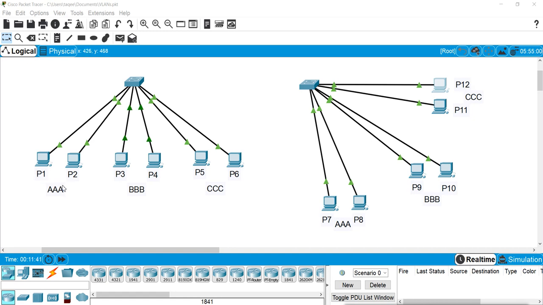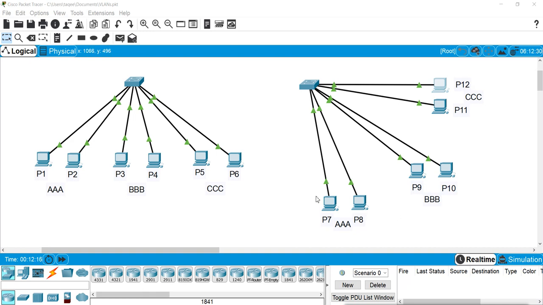These 2 machines are in the sales department, and the 2 machines on this switch must be in the same department, so P7 or P8 must communicate with P1 and P2, even though they are connected to 2 different switches. I also want these devices not to communicate with machines of other segments, VLANs, or departments.